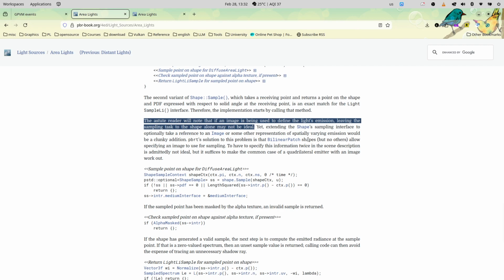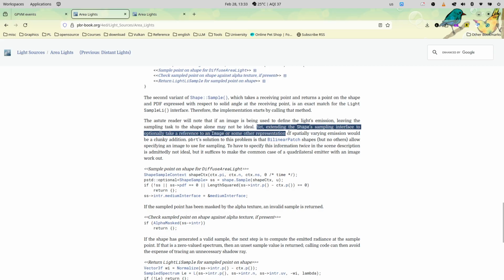The mask might, you might be sampling stuff that's outside the mask. Extending the shape sampling interface to optionally take a reference to an image or some other representation of spatially varying emission would be a clunky addition. So